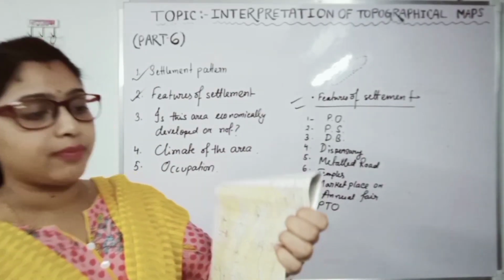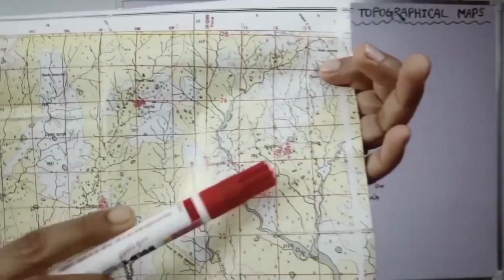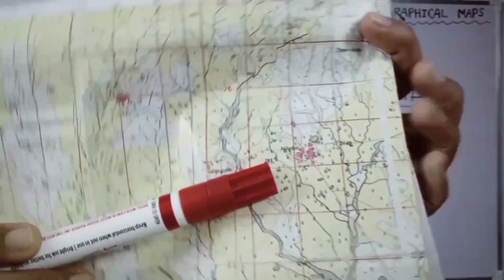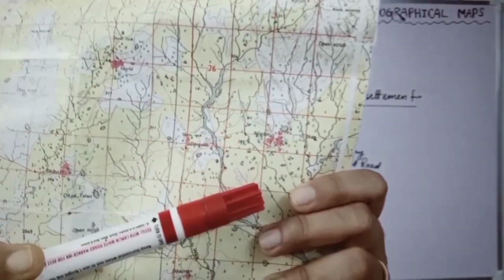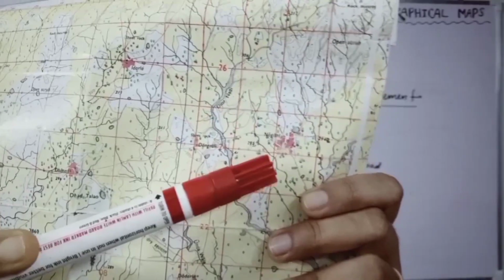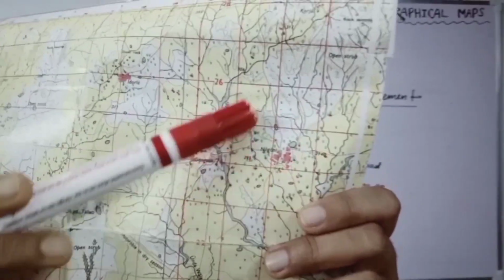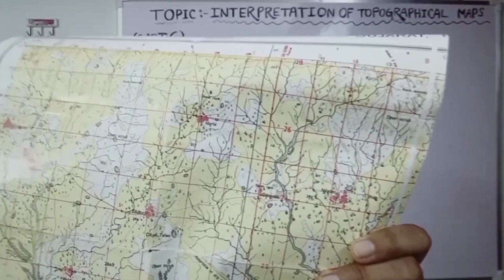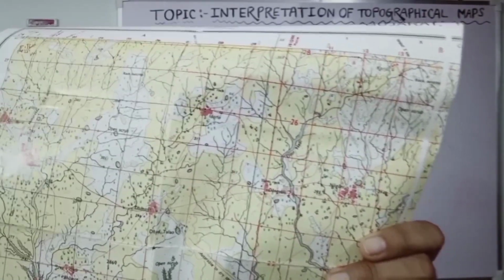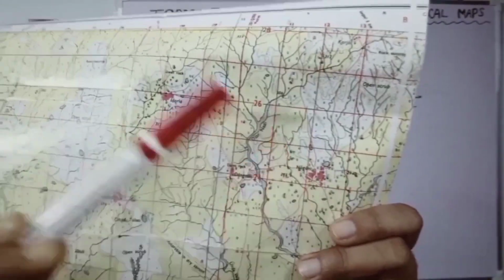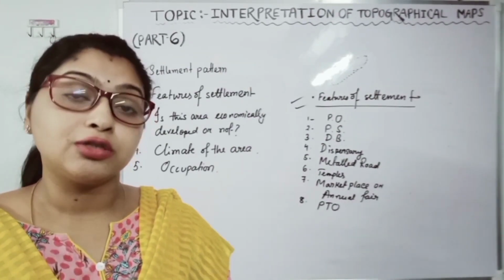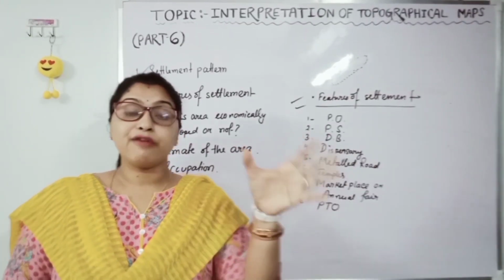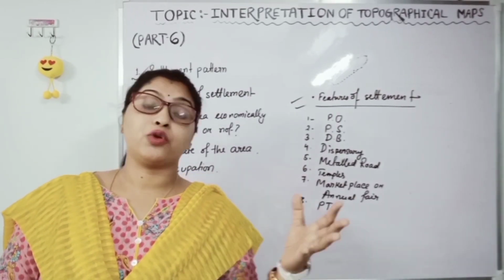Here I am giving some examples. See here also, the settlement you are getting to see, but here no metal road. These are unmetalled roads or the cart track showing here. No metal road. Are you getting to see? No double line road is there. So here we can easily see that unmetalled or cart track means economically backward area. Even there is no police station, none of the other features whatever I have just discussed. So this way it can be asked: give evidence, is this area economically developed or not.